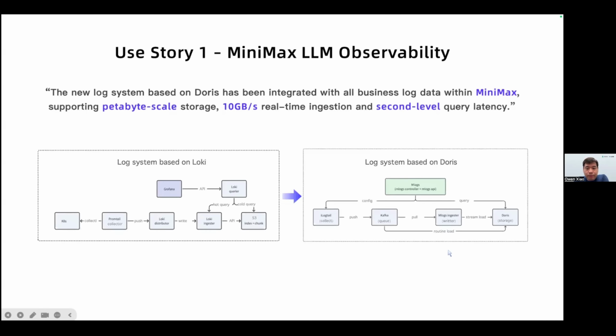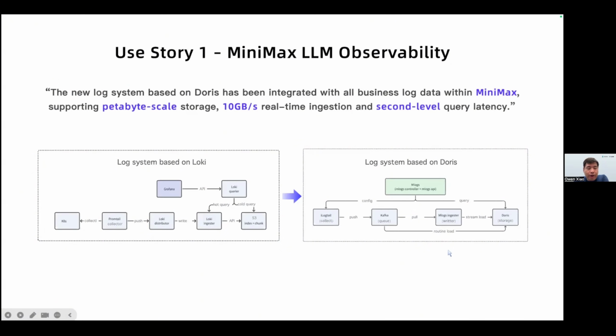MiniMax is a leading LLM company and also the creator of the Talkie app, which is very popular in the US. The new log system based on Doris has been integrated with other log data in MiniMax, supporting petabyte-scale storage, 10 gigabytes per second real-time ingestion, and second-level query latency.